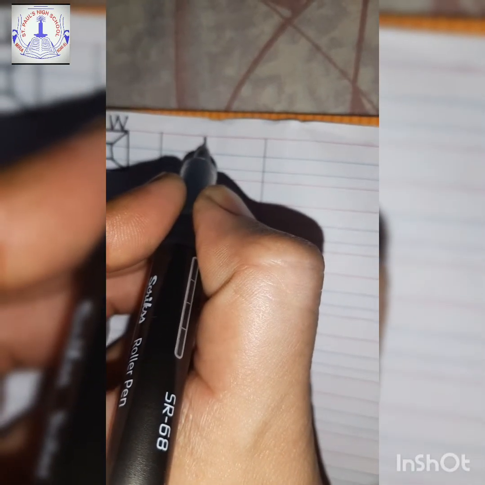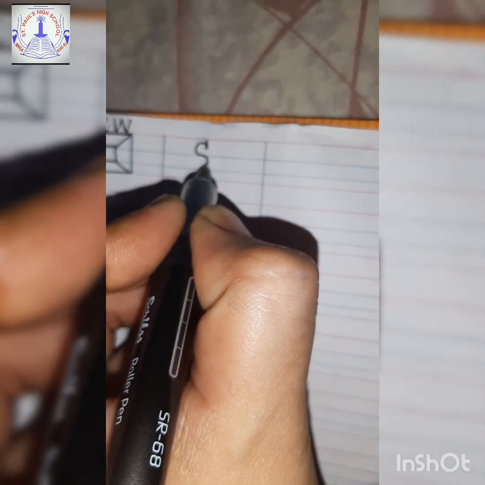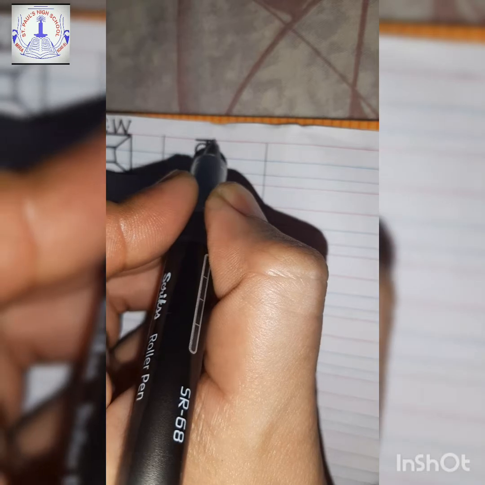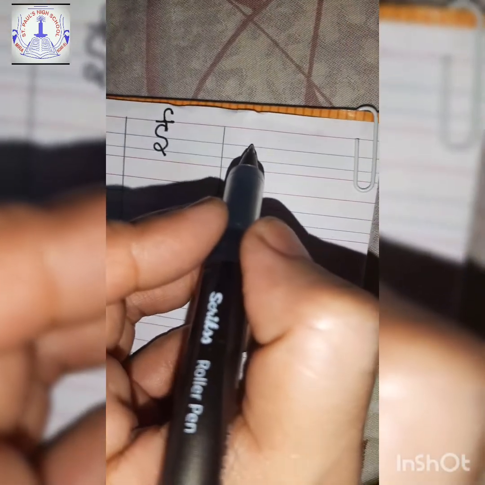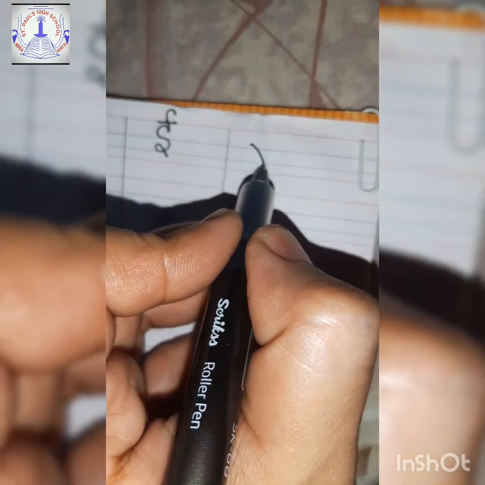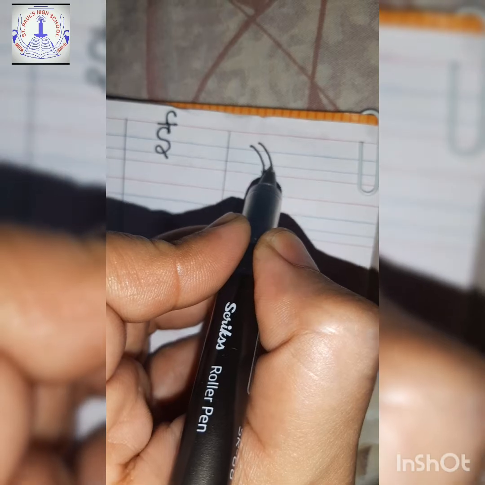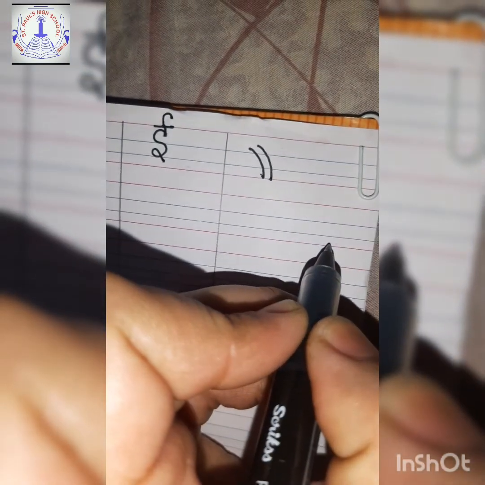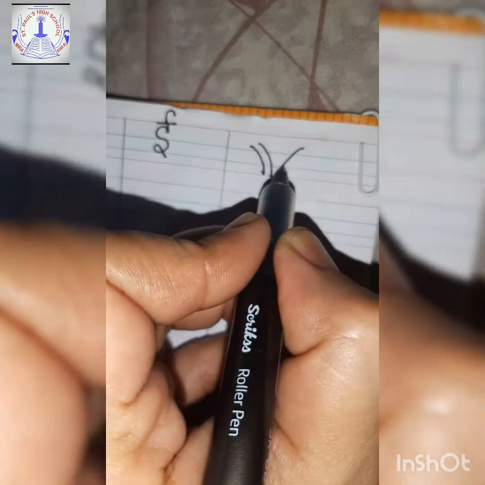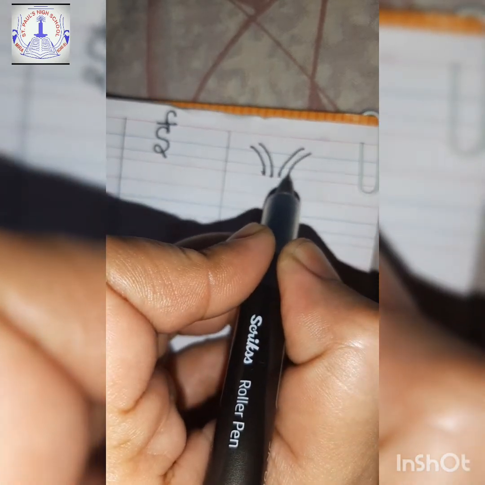Standing line, front open curve, back open curve, coming down with a loop. Do not touch the down red line. Make a sleeping line on top and make matra. Now make a curve. You have to make half curve, one more half curve.